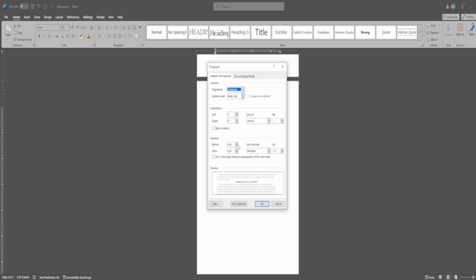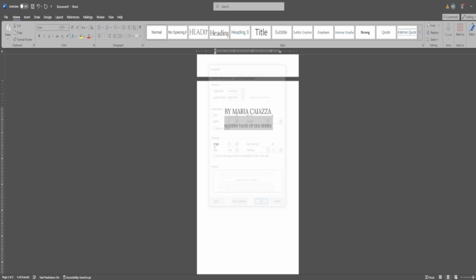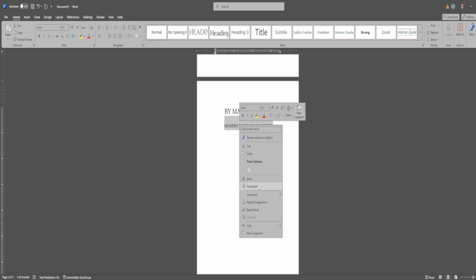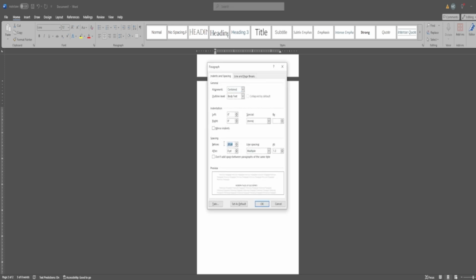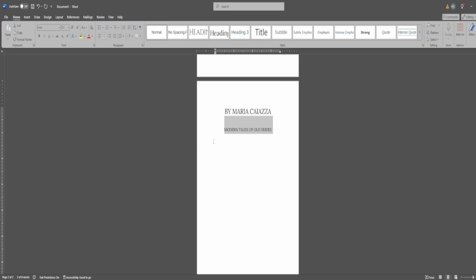And I've done this a lot, so I'm going to make an educated guess that if I add 20 or 30 points here, it'll be about as much as I want it to be. Sometimes it's just a little bit of trial and error. And I'm pretty happy with that. So I'm going to then hit enter. It's going to use that same format, and I'm okay with that in this case,